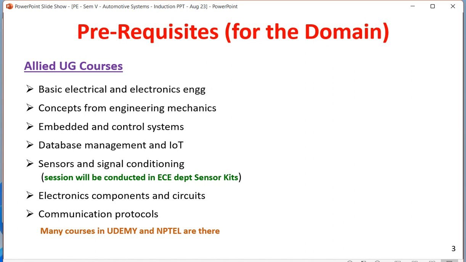They are nothing but very high-end microcontrollers. They are taking signals from hundreds of sensors, so that's why the sensors and signal conditioning you studied in semester 3 will come in handy. So many sensors are producing many signals, and those signals are coming to the ECU. How to handle all those data, how to take inference from all those data, these are the main jobs for the database management part.